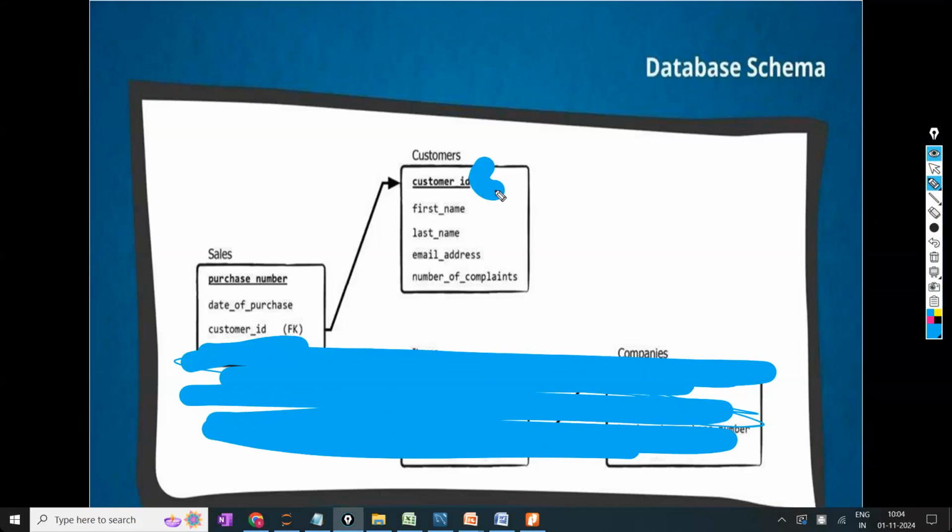Here you write the PK. This is PK and this is FK. Draw two tables. On the left side, this is the table where the primary key, first name, last name, email address and number of complaints are. On this side you have the sales table where purchase number is the primary key, date of purchase, and customer ID is the foreign key.